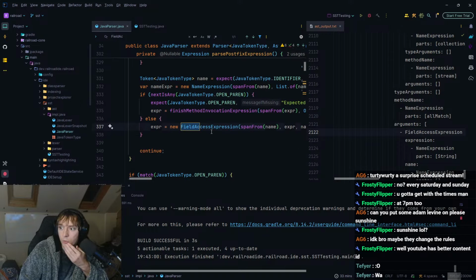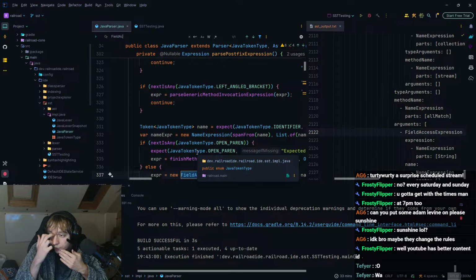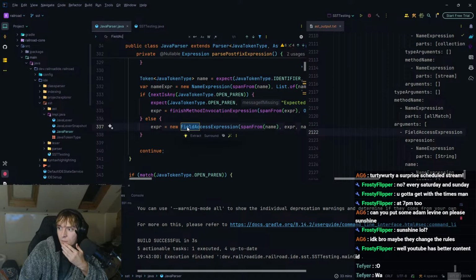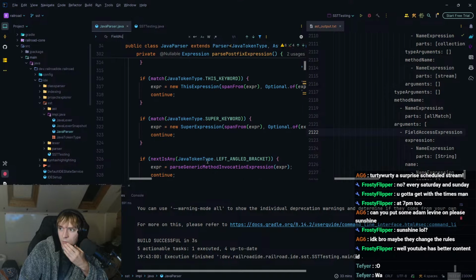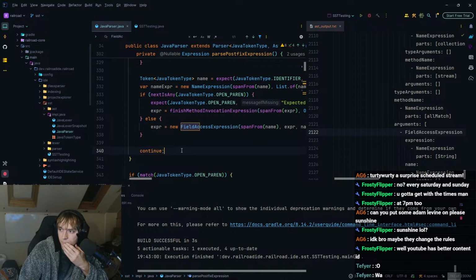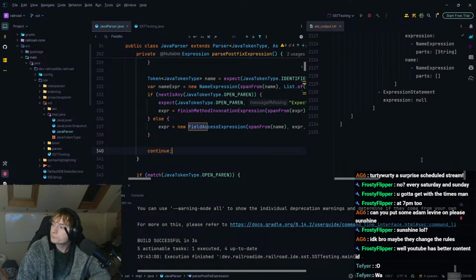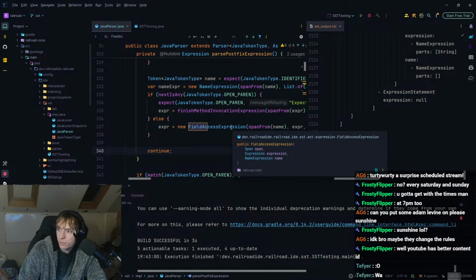Okay, that's in postfix. If next is only an open parenthesis, then expression is equal to field access expression. Interesting. But something is causing the expression statement to be null.